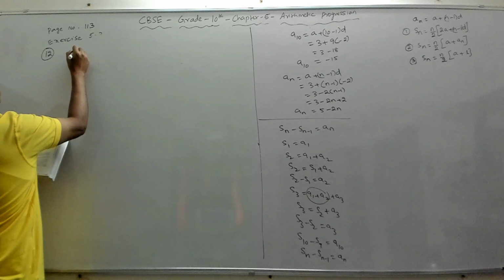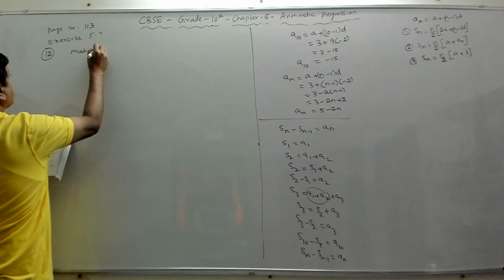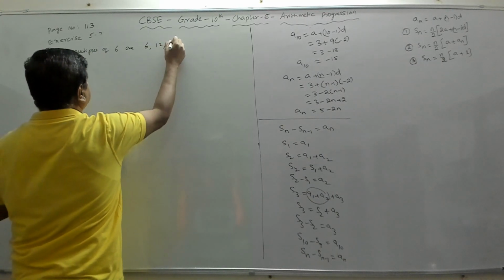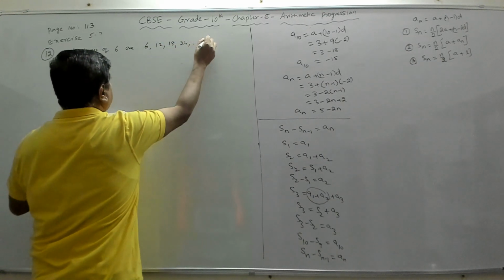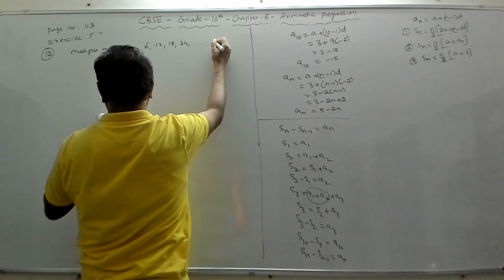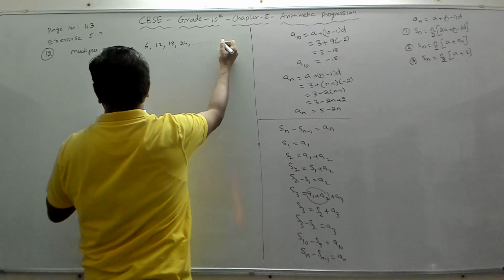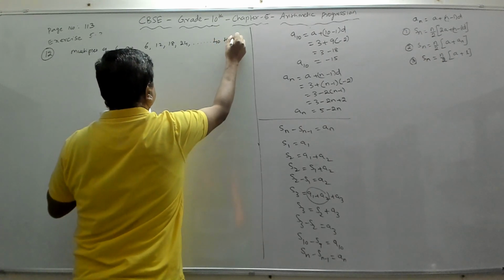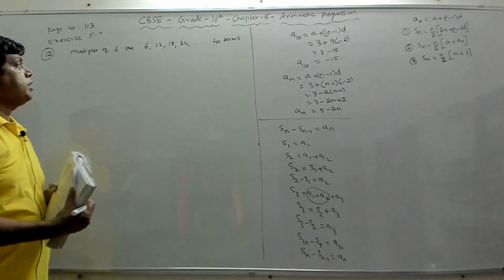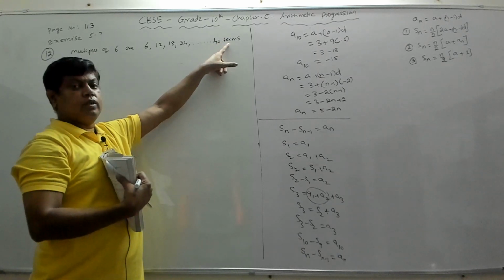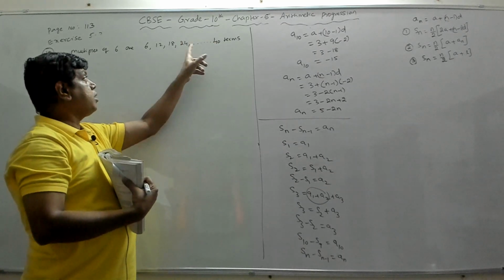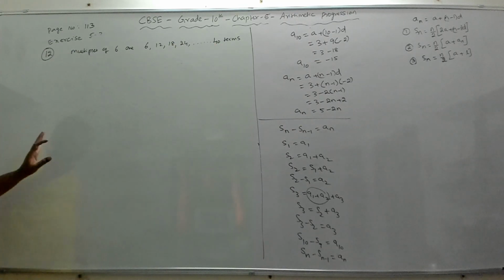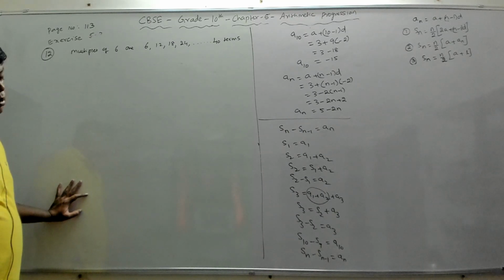So we'll write the multiples of 6. Multiples of 6 are, what are they? 6, 12, 18, 24, like that, dot, dot, dot. We need how many? 40. First 40 positive integers divisible by 6. So these numbers are divisible by 6. We need 40 terms. Don't think this 40 is part of the list, it is 40 terms. So this is a list of first 40 positive integers divisible by 6.